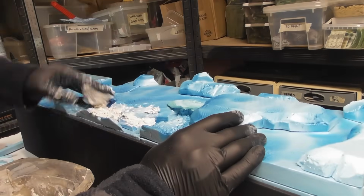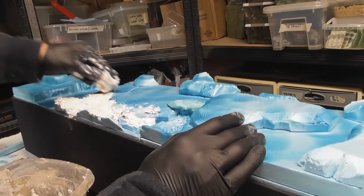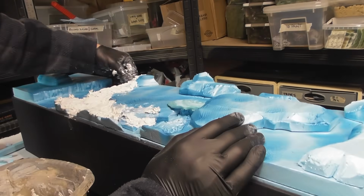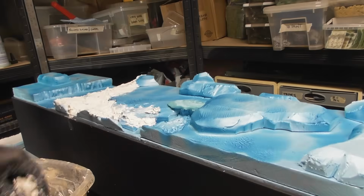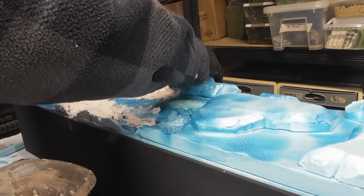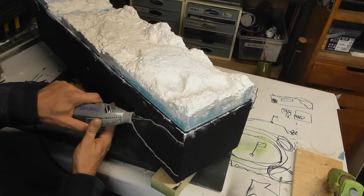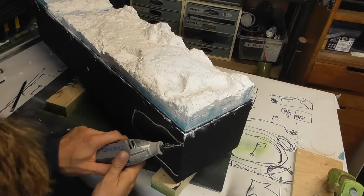I then mixed up some sculptor mold and spread this out all over my model. This is a fantastic product, and features in nearly all my builds at some point. But because I had mixed it up pretty wet, it was going to take a couple of days to fully dry. So in the meantime, I grabbed my Dremel and started to work on cutting out shapes from the base